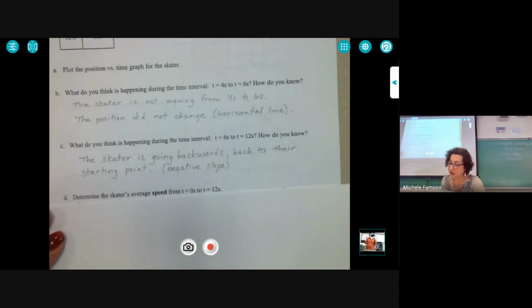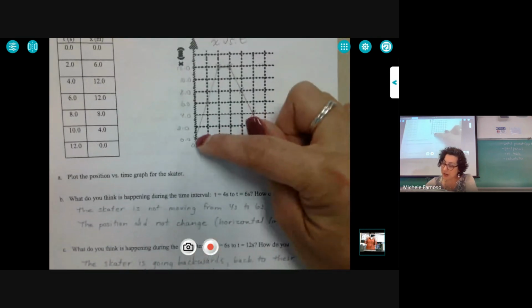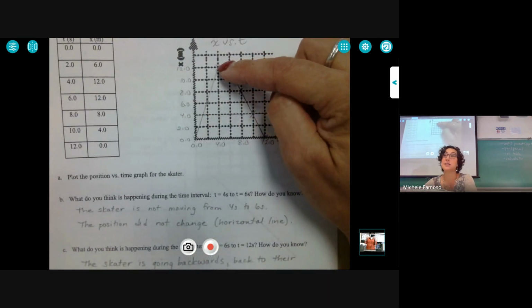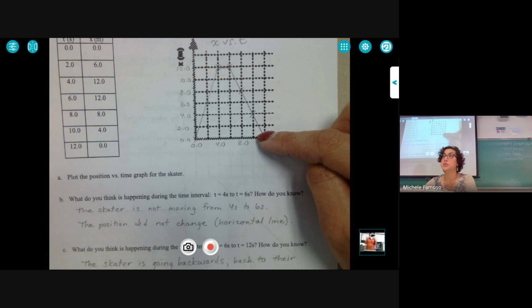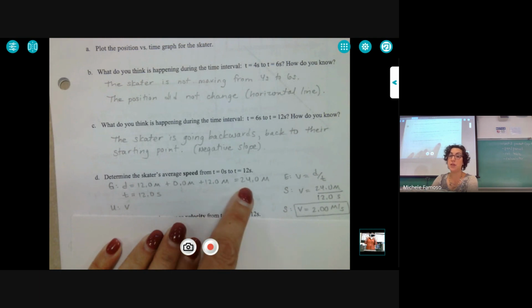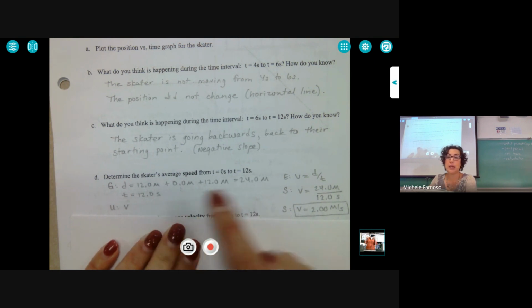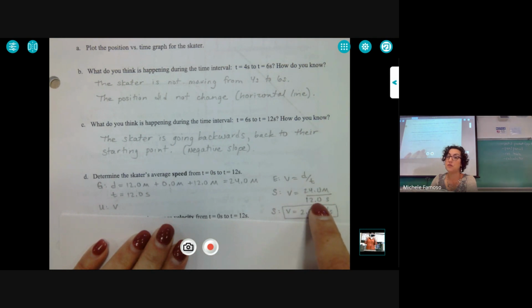Part D, find the average speed from 0 to 12 seconds. This was a little tricky to do because average speed needs the distance traveled divided by the time. So this skater went from 0 to 12 meters. So that's a distance of 12. Then they didn't move. And now they went backwards 12 meters. Distance doesn't care in what direction they moved. So it's 12 plus 0 plus 12. In other words, they moved a total distance of 24.0 meters. And they did that in 12.0 seconds. So the speed would be the distance divided by the time, 24.0 meters divided by 12.0 seconds, or 2.00 meters